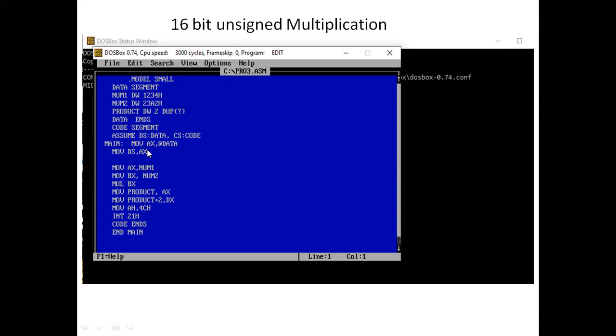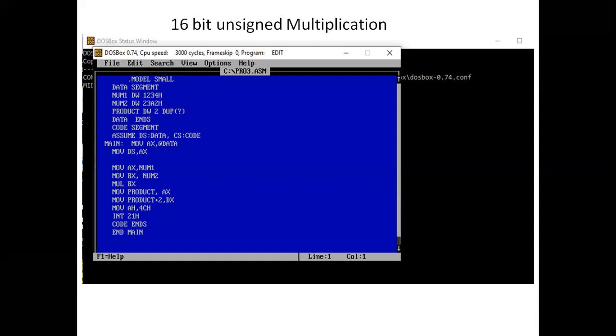In the code segment, first we have to take num1 and num2 and assign them to AX and BX. It is just a transfer of data from num1 to AX and from num2 to BX. Then we have to use the mnemonic for unsigned multiply. Here it is 16-bit data, so we go with MUL BX. We know BX is a 16-bit data register.